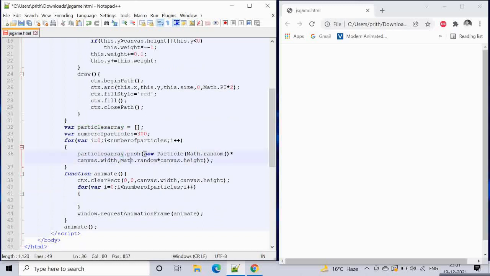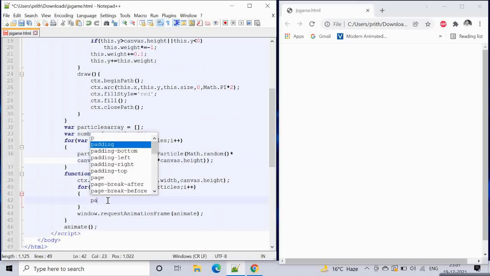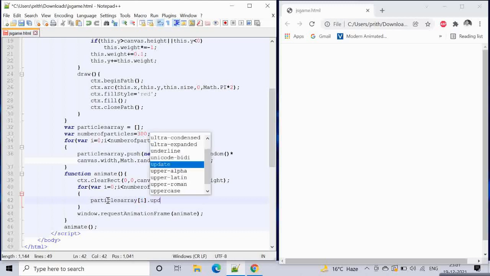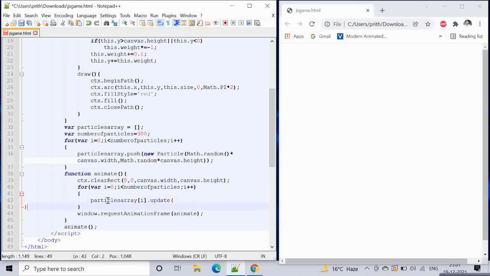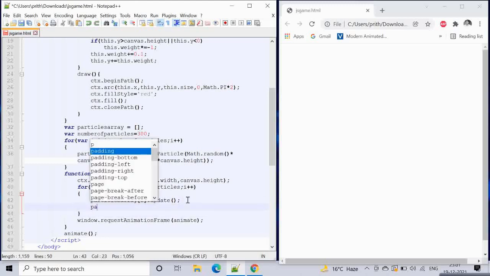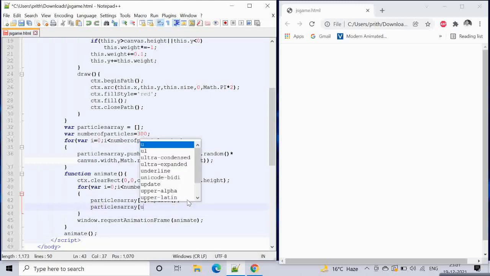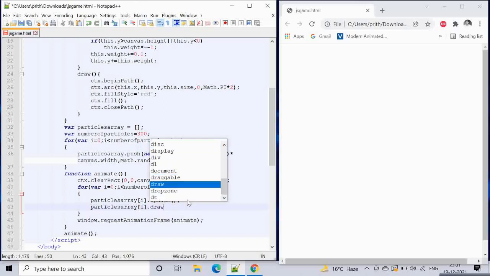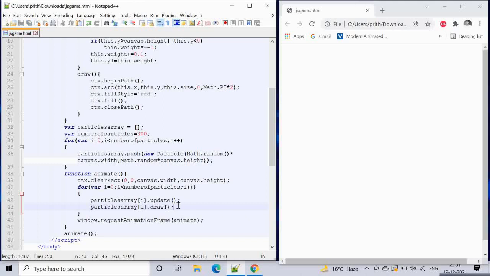This is the array, so we want each particle: particles array I dot update, and particles array I dot draw. Okay, so let's see.